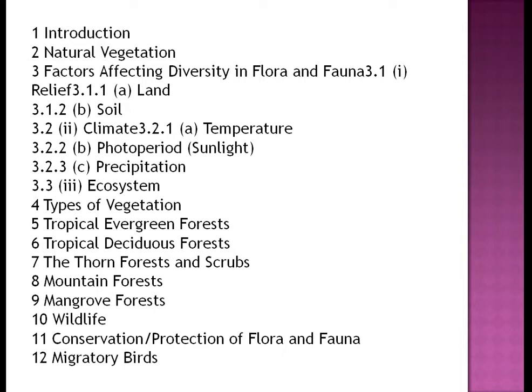In that, the following types of vegetation we are going to see: tropical evergreen forest, tropical deciduous forest, the thorn forests and scrubs, mountain and mangrove forests, and at the last wildlife, and the main and very important topic of this chapter, conservation, protection of natural vegetation and wildlife. That means the flora and fauna, and lastly the interesting aside for you about migrating birds. Moving further,